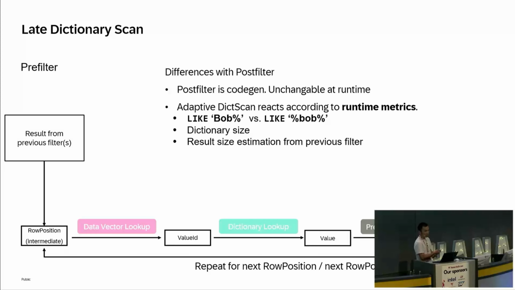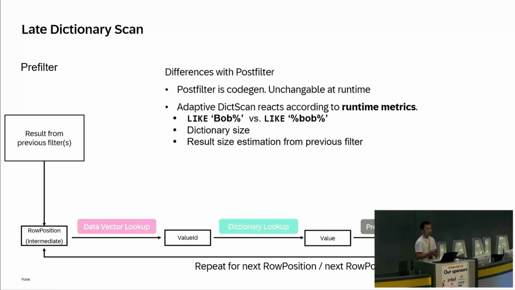It also takes the intermediate result from the previous filter, like the post filter does. And then from this intermediate result, we do a row by row evaluation and decide if we want to keep this row or not. But this has some differences from the post filter. First,